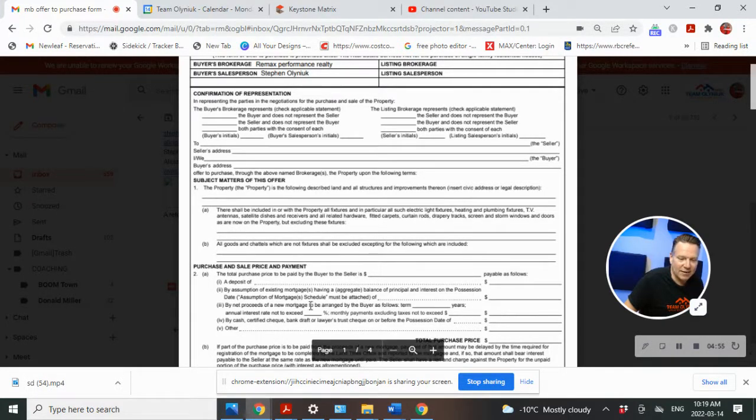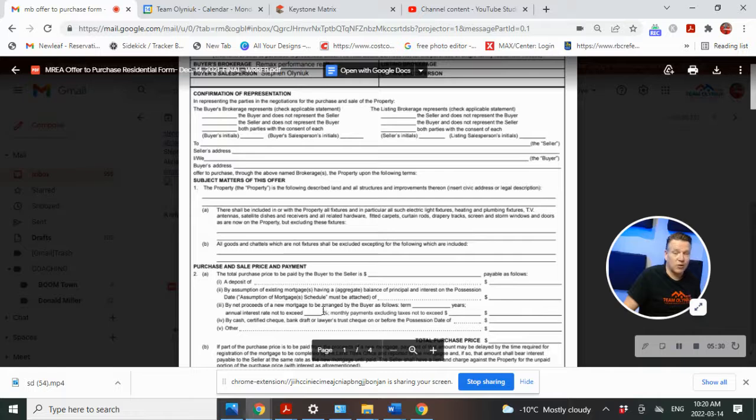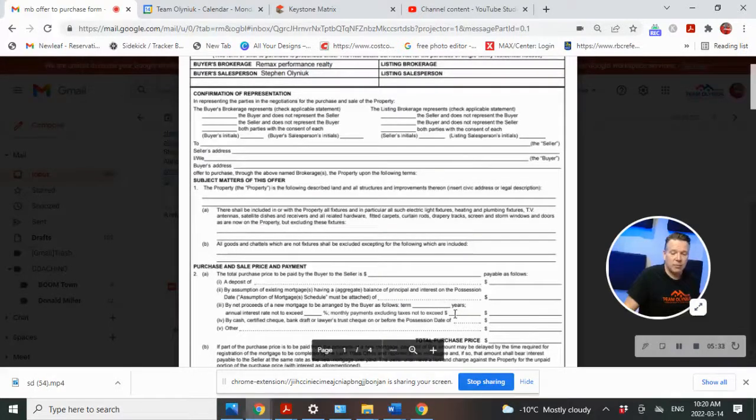The next line here is something that should always be filled out. It should say how long the term is, what the interest rate not to be exceeded is, and what the approximate payment should be. If this is not filled out and you try to get out of the deal because the financing didn't go through, if you had a financing condition, the seller could come back and say, oh, we can get you financed at 19.9%, and they could kind of hold you to it. So again, ink is cheap. You should have the current interest rate written in here, and the term and an approximate payment,